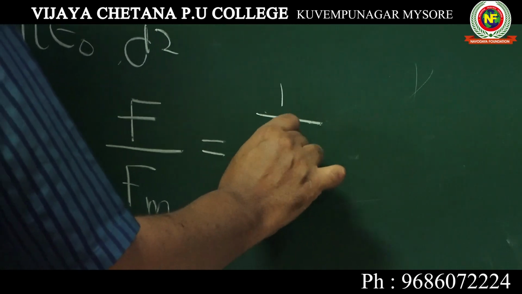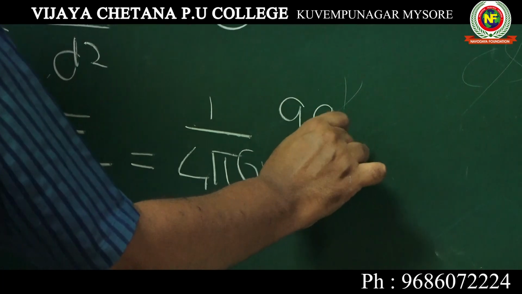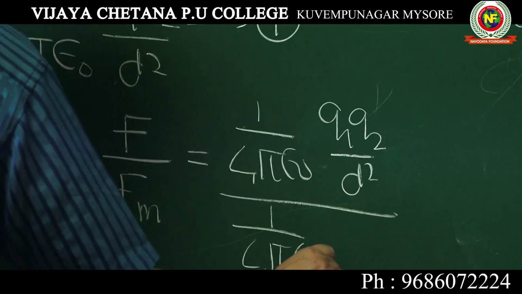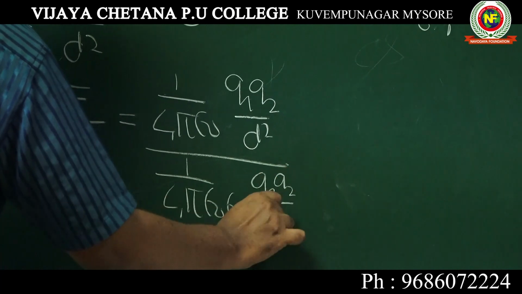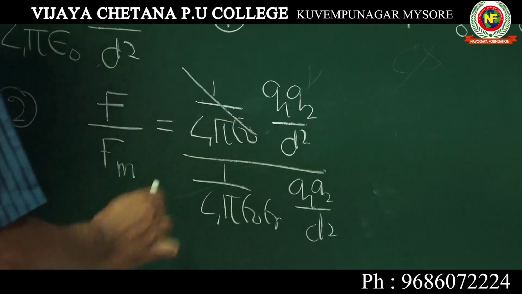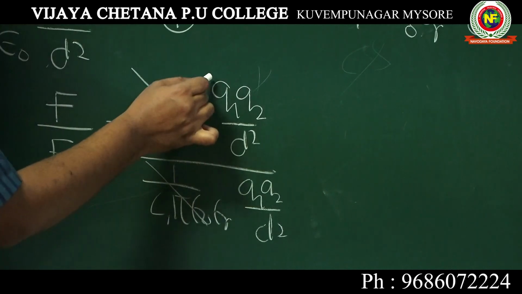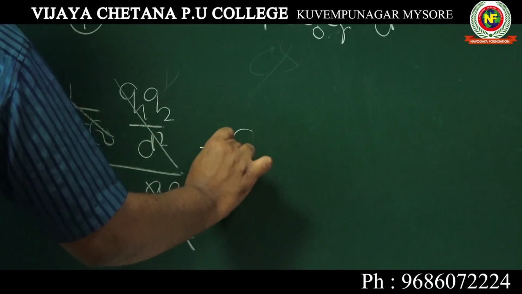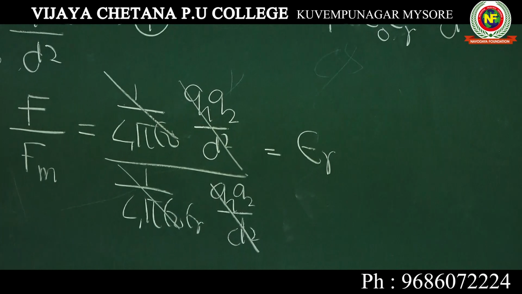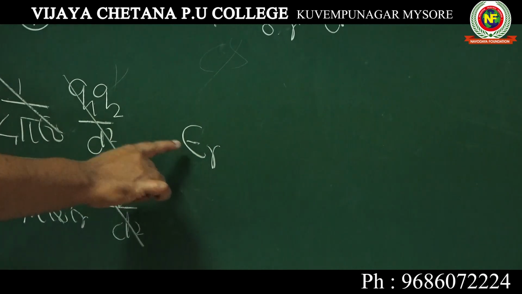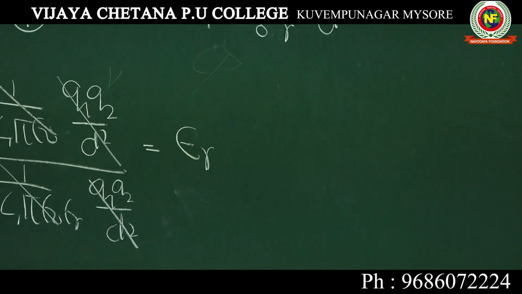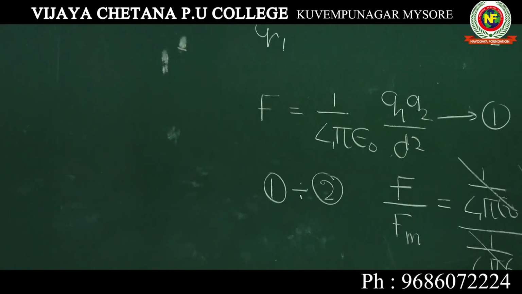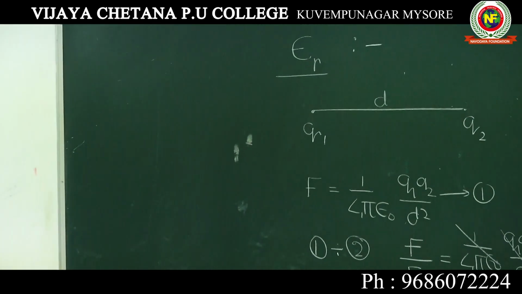Force in air is 1 by 4 pi epsilon naught q1 q2 by d square. Force in any medium is 1 by 4 pi epsilon naught epsilon r q1 q2 by d square. 1 by 4 pi epsilon naught cancels with 1 by 4 pi epsilon naught, q1 q2 by d square cancels with q1 q2 by d square. Ultimately, you are left with epsilon r in the numerator. Therefore, how to define relative permittivity? Very simple. Relative permittivity epsilon r is equal to force in air by force in a medium between any two